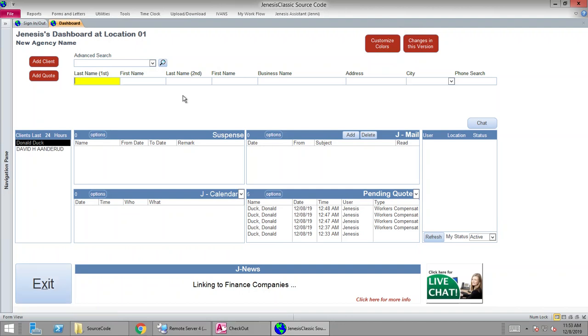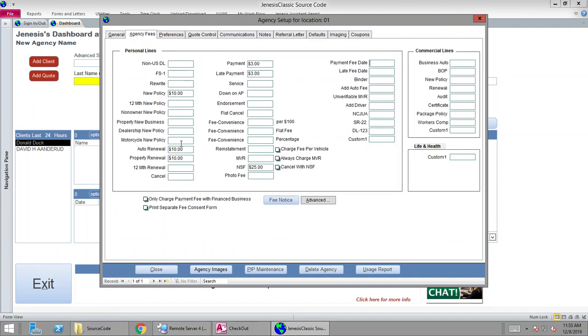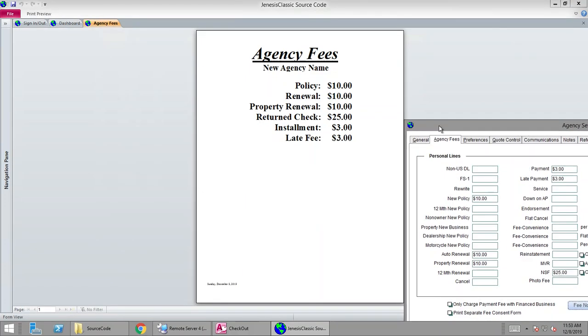If you go in Jenesis to Control A for agency setup, go to the fees tab, and enter the fees that your agency charges, there are some standard fees here, and then of course this is really credit card fees that you can label how you want to, and you can of course label these custom fees over here as well. But if you enter your fees, then you can click on the button that says Fee Notice, and what that will do is just create a document for you that you may want to print and post